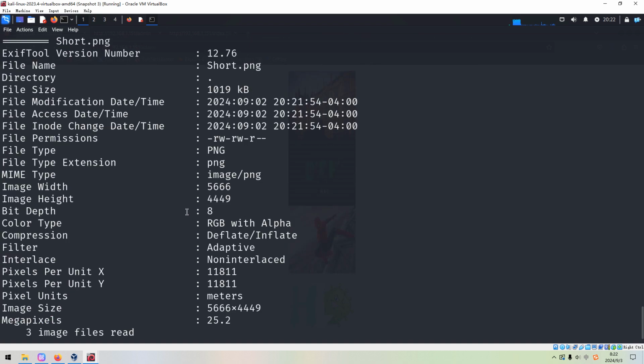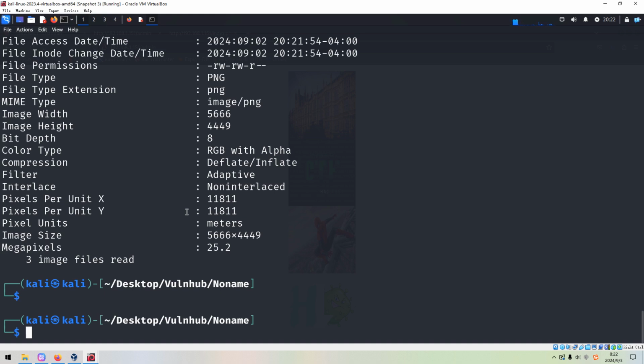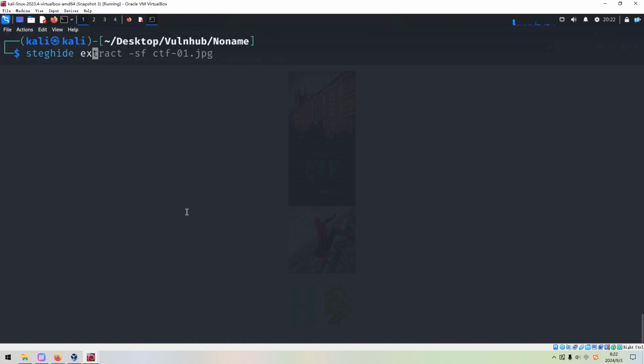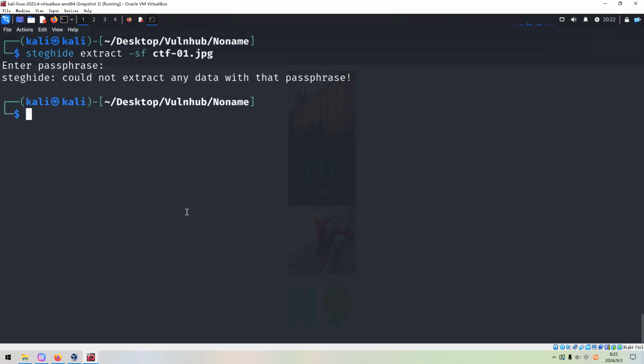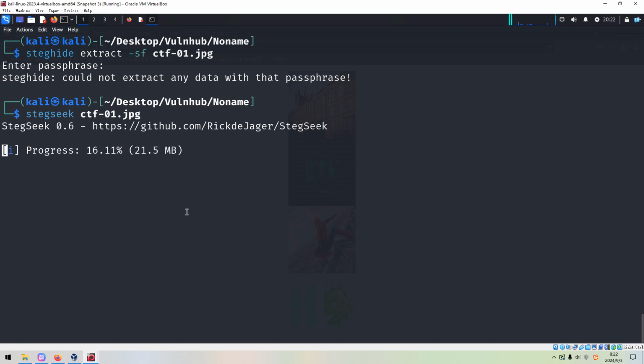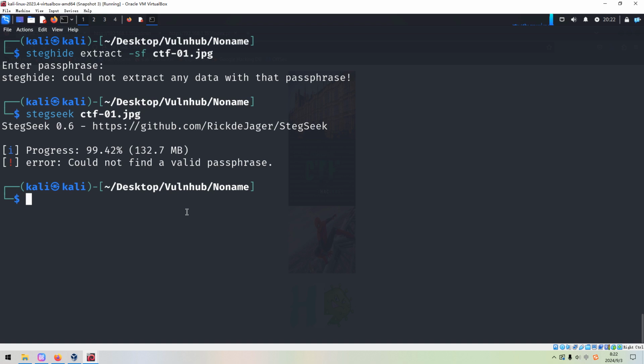So next I'd like to use steghide extract with the options -sf, CTF, and no passphrase, and nothing. We can launch stegseek on CTF. Okay, could not find a valid passphrase, so we can do the same thing for the second picture.